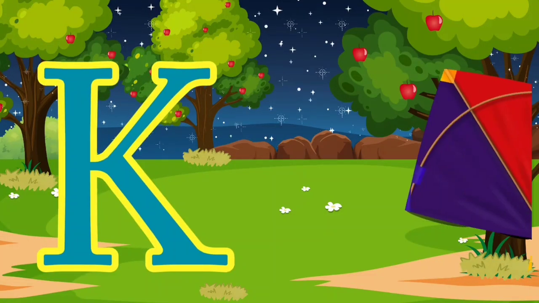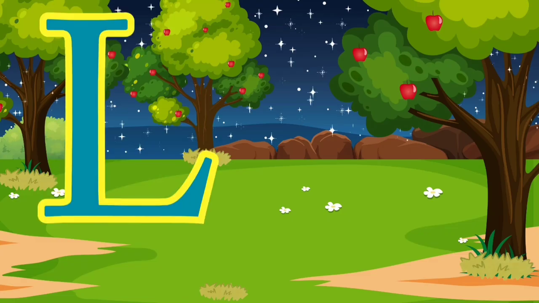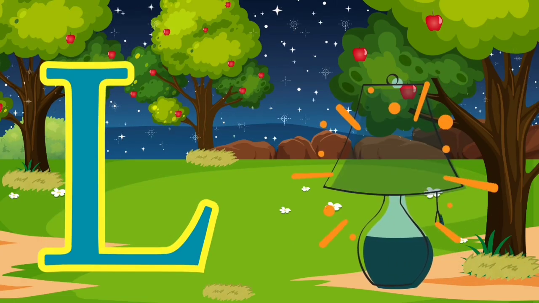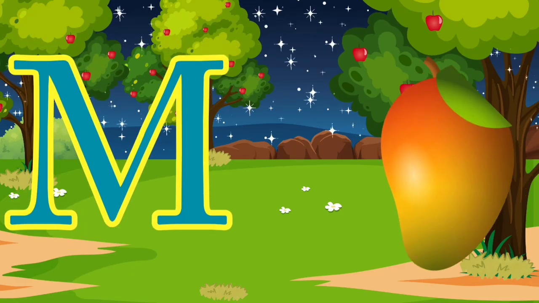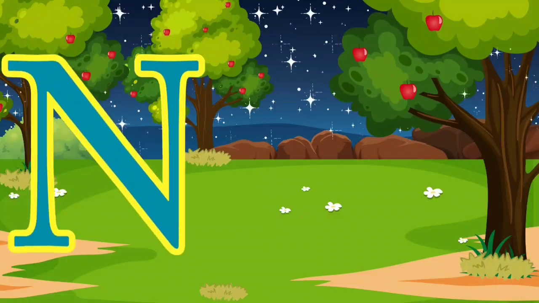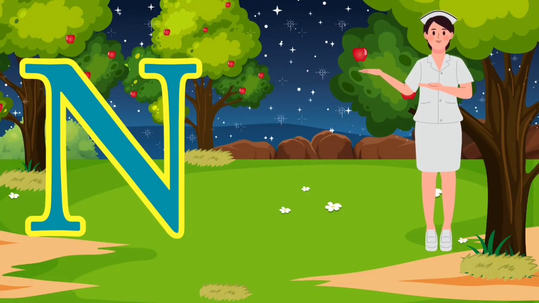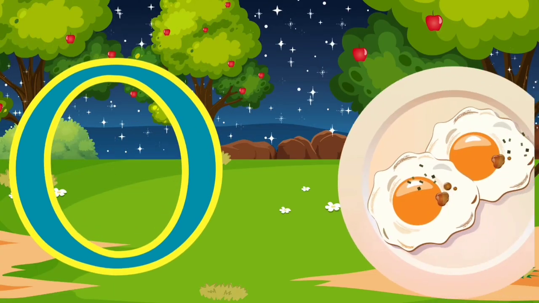igloo. J is for jacket, jacket. K is for kite, kite. L is for lamp, lamp. M is for mango, mango. N is for nurse,